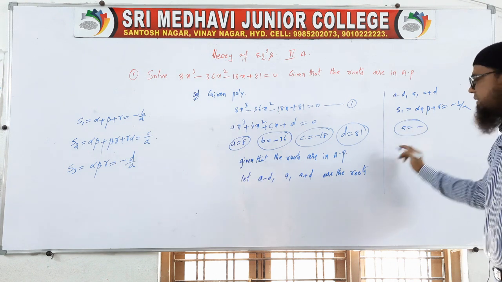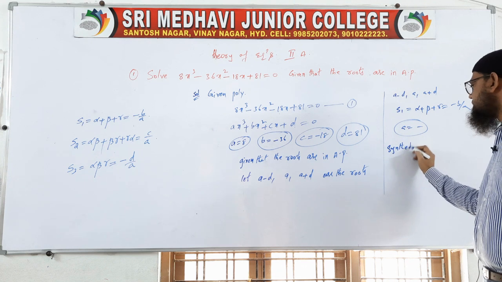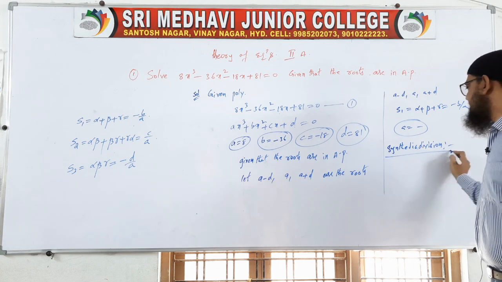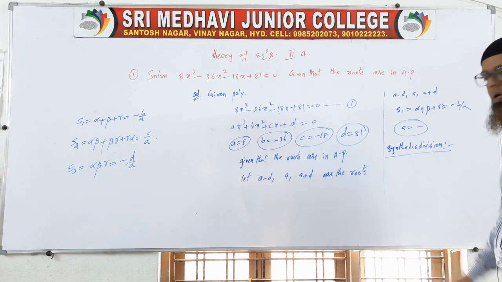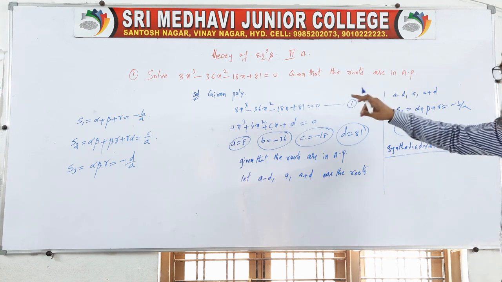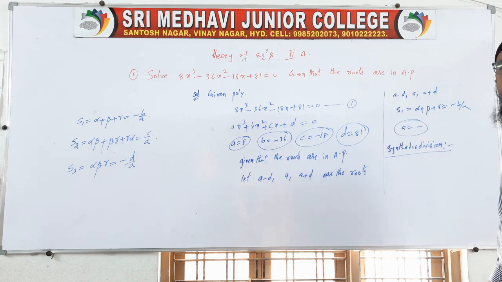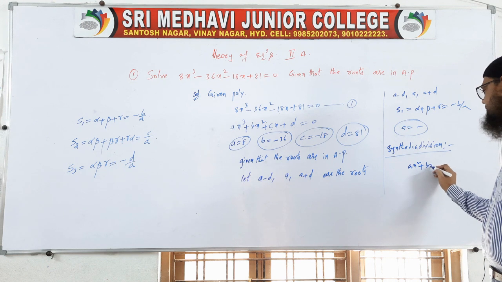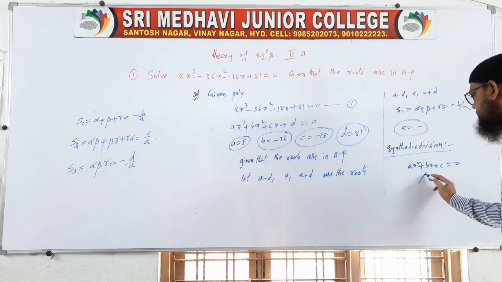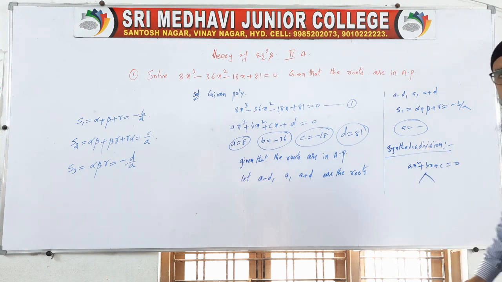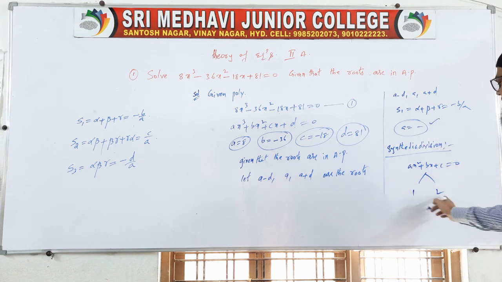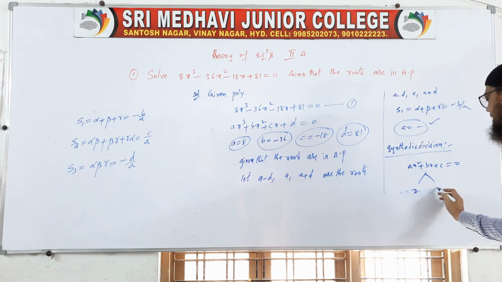After getting one root, we have to do synthetic division. What is synthetic division? I will explain it in the problem. When you do synthetic division, automatically the cubic polynomial will be reduced to a quadratic polynomial. Quadratic is nothing but ax square plus bx plus c is equal to 0. Now you know how to split the quadratic polynomial into factors. You will get the remaining 2 roots. Already one is over here, this is the second one and this is the third one.